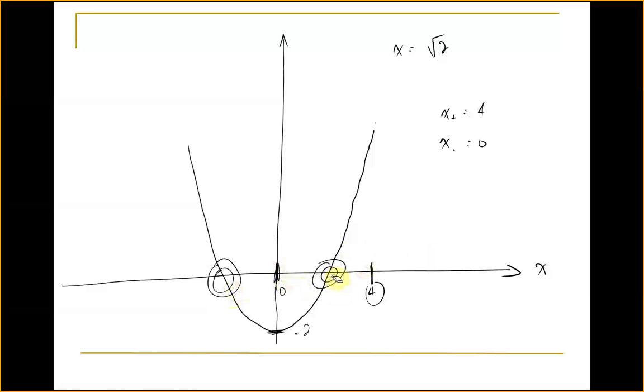Now we know that the answer is going to be less than the square root of 4. The square root of 2 must be less than the square root of 4, right? Yes, sir. Okay, so if x was equal to 4,